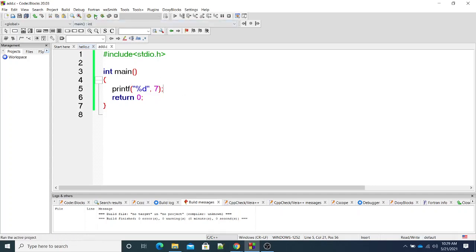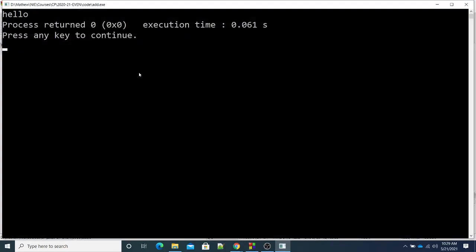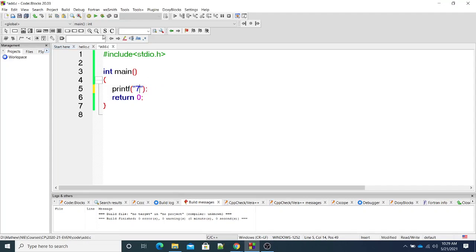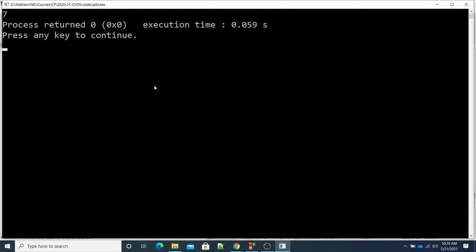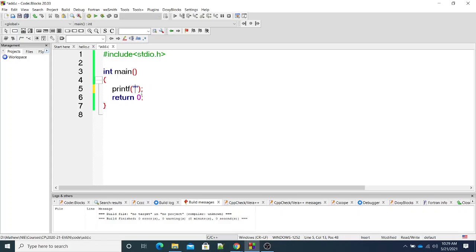So I compile this and execute, I get 7. And the same thing I can achieve here also. I just pass it as a string in double quotes, and it is going to display a number. This is similar to what we have learned already. Instead of hello, every time it should be within the double quotes. Here it is hello. Here I am going to display a number. Now instead of that, I can write it in another way.